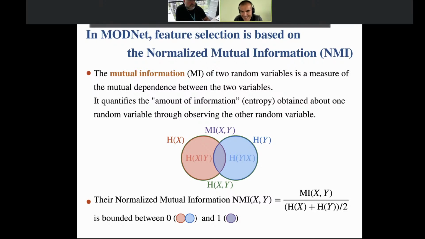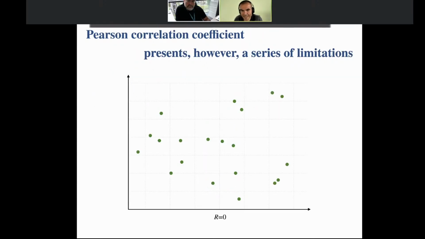As I said, the main reason for introducing that is that in the case of the Pearson correlation coefficient, when you have typically Y equal to X squared, the Pearson coefficient is strictly zero, really zero. So that means that you seem to have no correlation, whereas clearly, when you know X, you know Y in such a case.